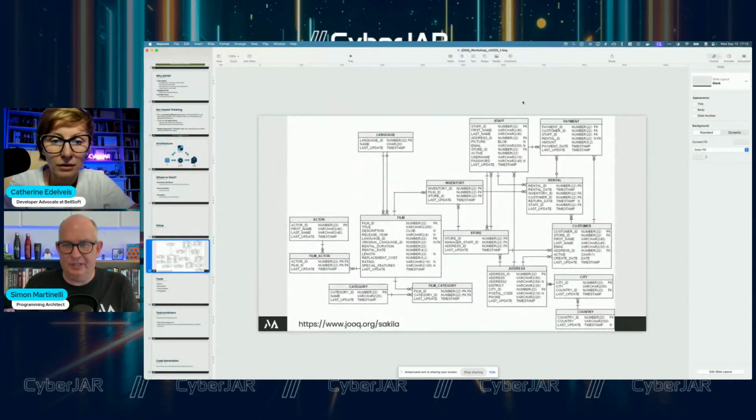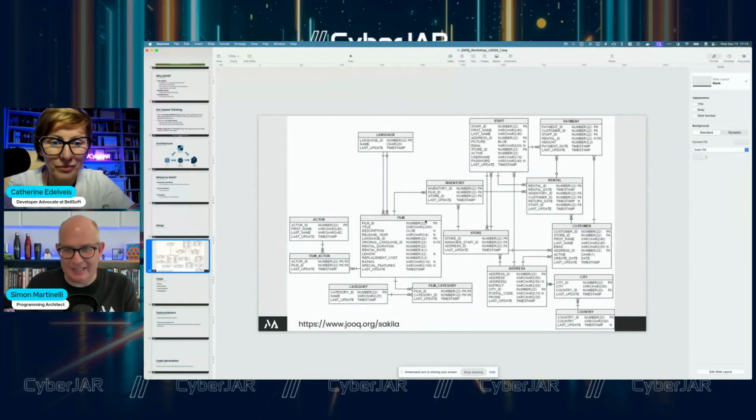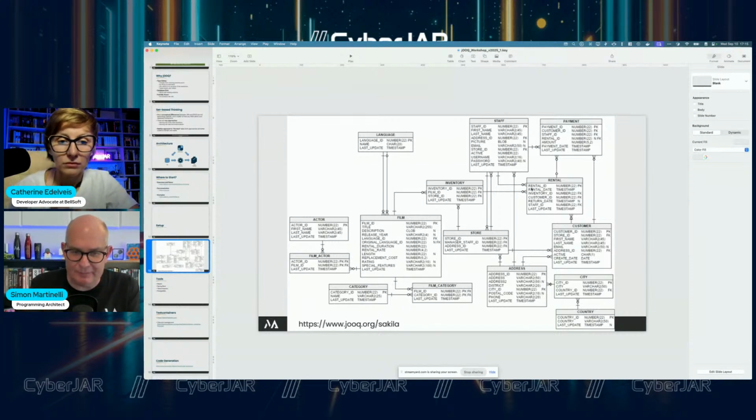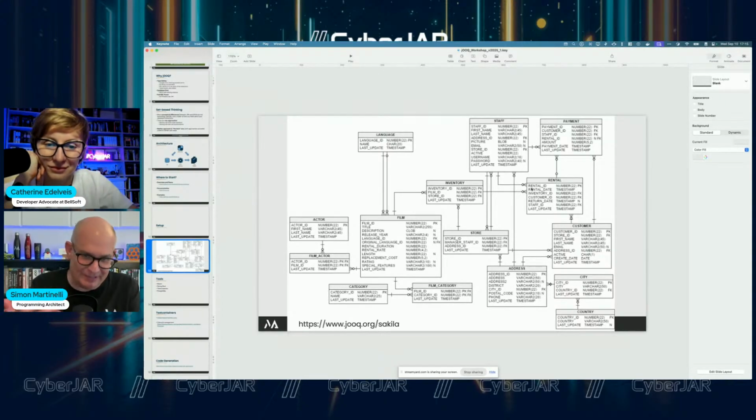So maybe I go ahead to this picture here. This shows the Sakila database, and that's a very old data model. But MySQL used that as an example schema if you want to learn MySQL back in the days. It's about film renting. We don't do that anymore today. We have Netflix or any other of these on-demand movie channels. But back in the day, we were renting films at the store.